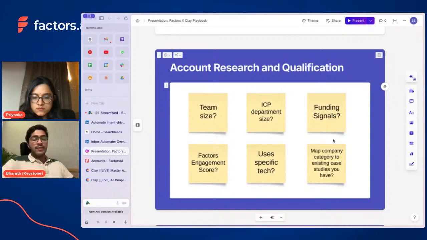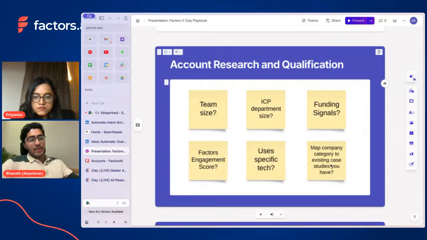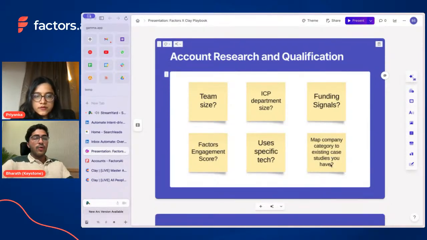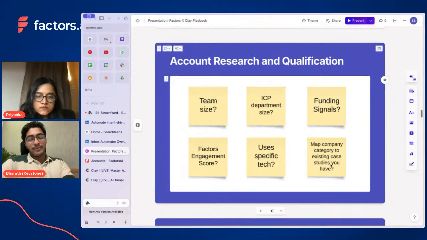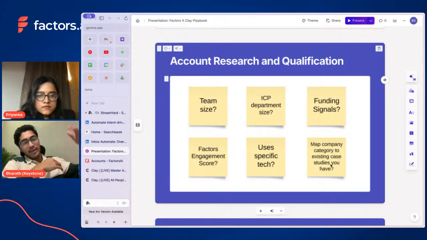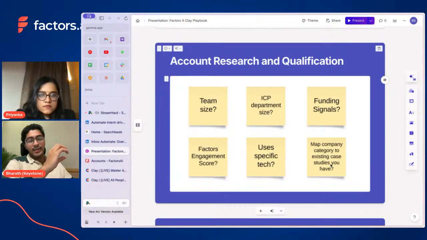So these are some global things that everyone can do, and it involves playing around a little bit with existing tools you might already know, like Apollo. And there are many more niche ones that you can come up with. So, for instance, if you are selling sales commission software, then it only matters if you know that there's an experienced sales leader and there are at least X sales people in that sales org, right? Now the ability to take 1,000 accounts and find 100 that fit that criteria, that's where Clay shines the most, I would say, right?